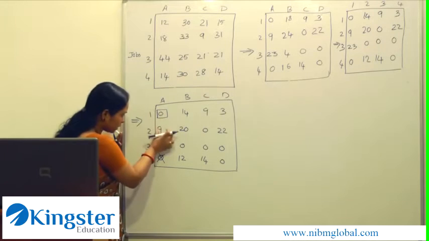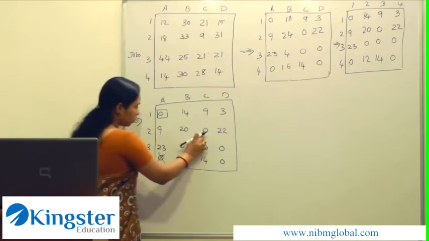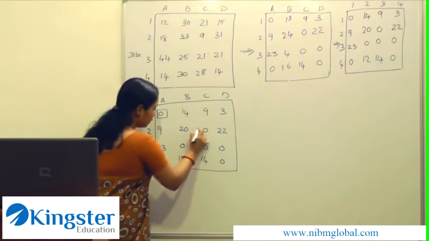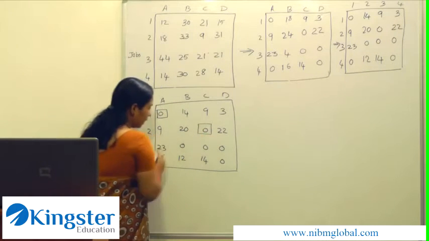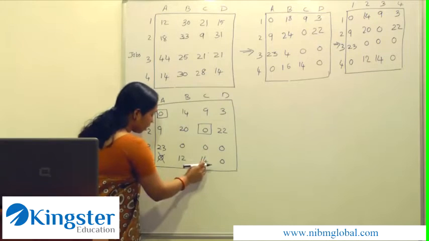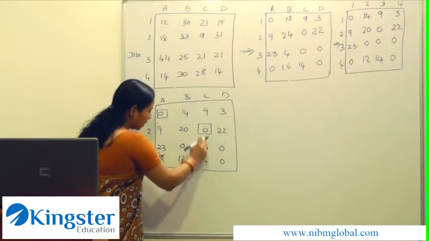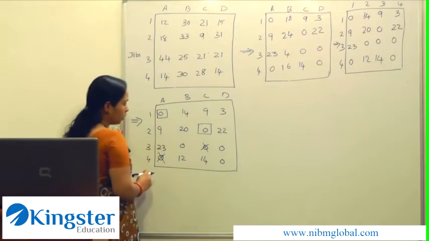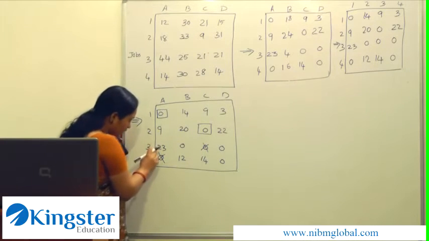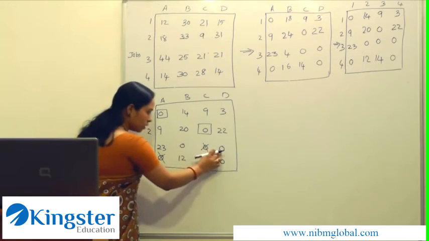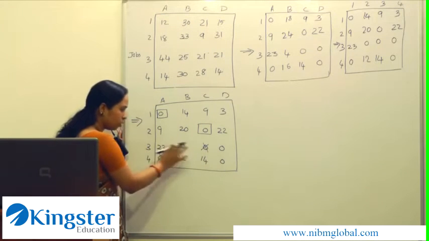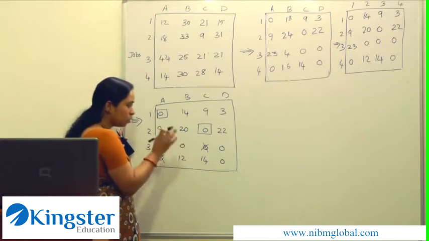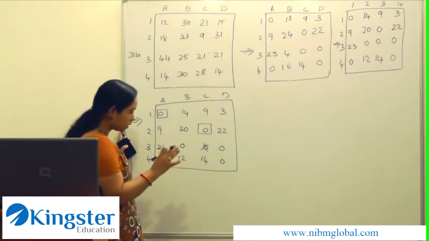Now move to the next row. It also has a single 0, so we can give an assignment here. It is assigned. Now consider the column corresponding to C. There is a 0 in this column, so it must be crossed out. Now move to the third row. Here we have 2 zeros, so at this stage we cannot give an assignment there because we are interested in giving assignments to those rows having a single 0.